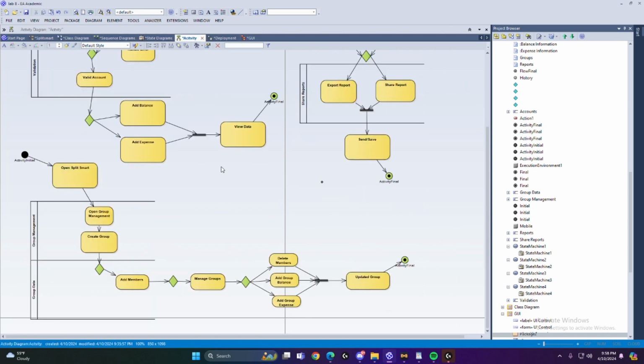So with our activity diagram here, we are able to see that we can open group management and create a group, which takes us to the decision phase, and if approved, we can add members. From there, we can manage the groups, which allows us to go through another decision phase where we can add group expense, add group balance, or delete members. After you've done the functions of what you want to do, it allows you to ultimately view the updated